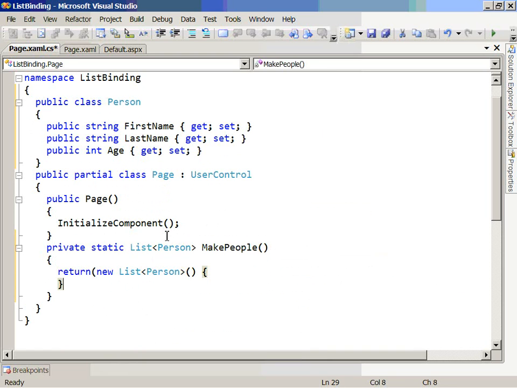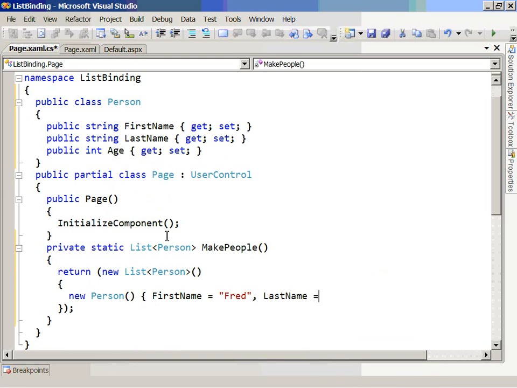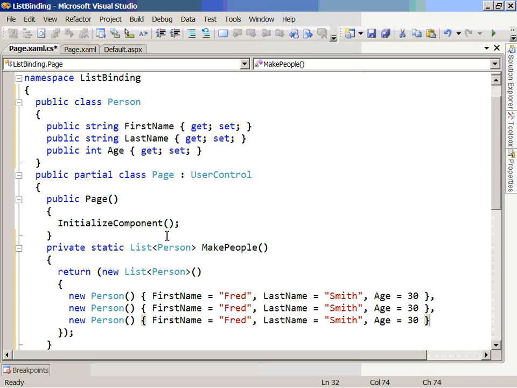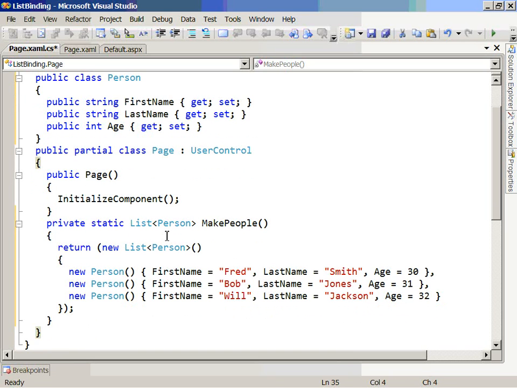and we'll construct that list by creating some new people. So we'll have new Person, we'll have FirstName is Fred, LastName is Smith, Age is 30. We'll copy that, we'll have a couple more, we'll just have 3, we won't go too far, and we'll have let's say Bob Jones, who's 31, this guy could be 32, and he can be somebody Jackson, let's say Will Jackson, something like that. Alright, so we managed to create a method that returns some people, and we can use this as the